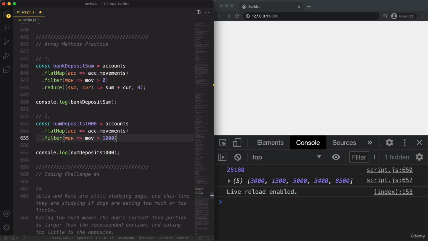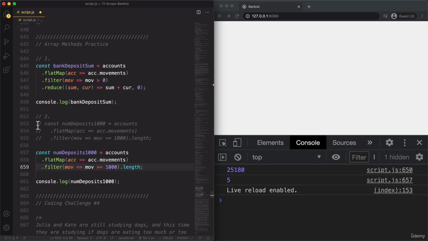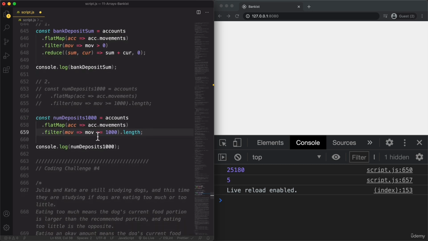And then from that, we can simply take the length, right? And so this will then return 5. And indeed, this shows us that we got 5 deposits over $1,000. Let's say at least, so greater equal. All right, so that was one way of doing it. Let's comment it out because as I mentioned before, I actually want to show you how we could do the